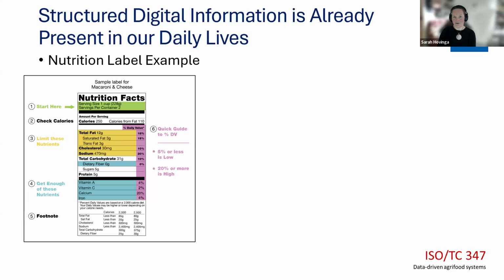A good example I like to go back to is nutrition. If you open your pantry and look at the nutrition label of any of your food, it's very predictable where you can find the amount of calories, the amount of fat or fiber, vitamins, et cetera, that are in our food. And this is really great because it's able to give you a quick glance of your nutritional expectations of that food.